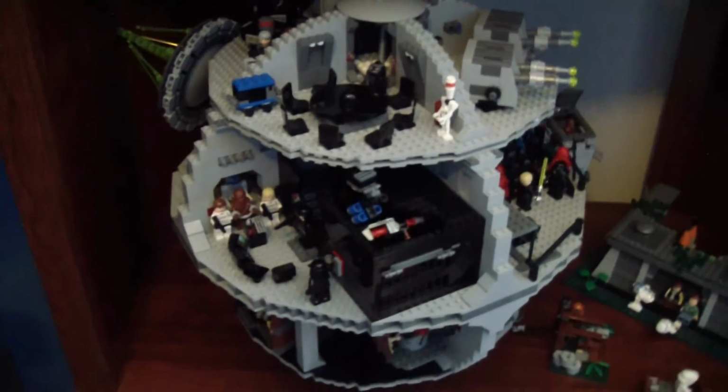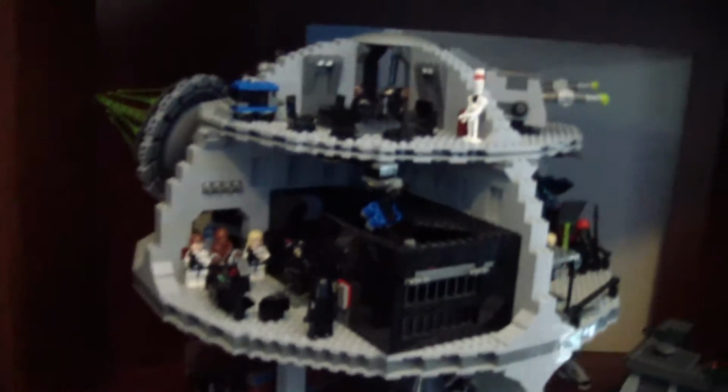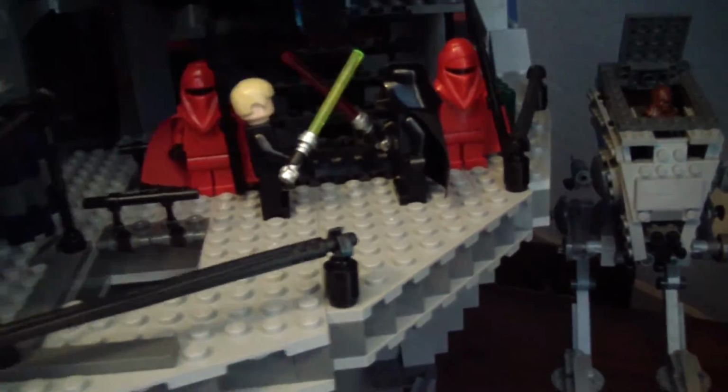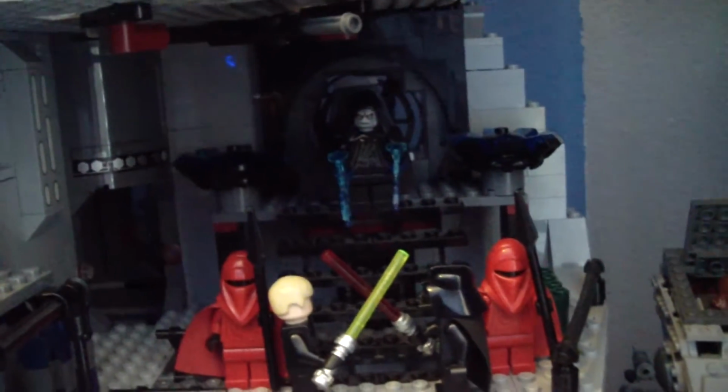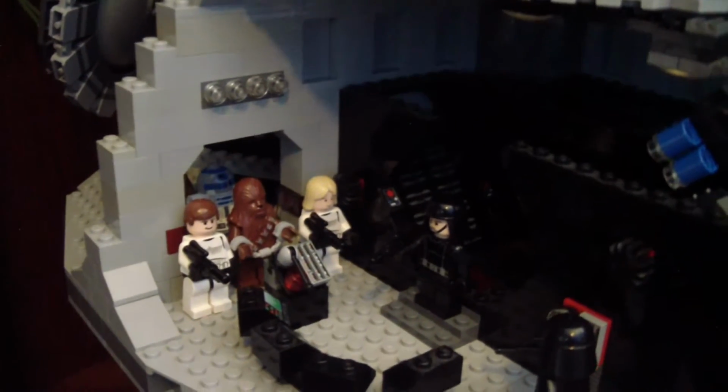This right here is the Death Star. This one originally took me about a week and a half to build. I forget exactly how long it took this time. But you can see, I've got all my characters positioned. There's Luke and Vader fighting, and then there's the Emperor right there shooting lightning bolts out of his hands. It's pretty awesome. Over here we've got the detention center scene with Luke, Han, and Chewbacca coming in to rescue